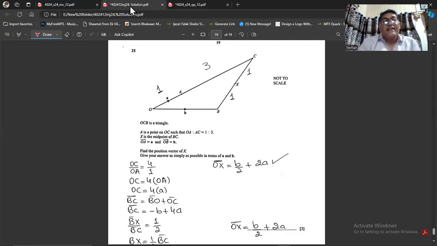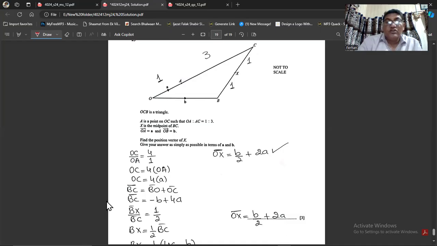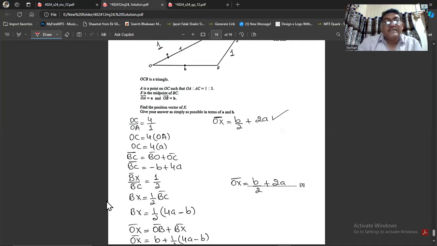Okay, then we have BX by BC, that is 1:2. BX by BC will be 1 by 2, I mean. So BX will be equal to 1 by 2 of BC. BX will be equal to 1 by 2, bracket start 4A minus B. So